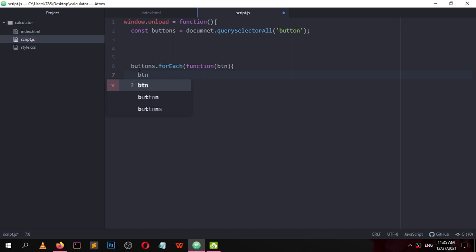For each button, addEventListener takes a function, alert clicked. Whatever button is clicked, it will alert clicked.